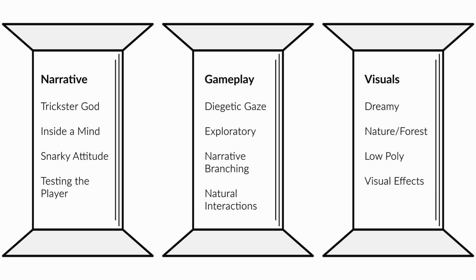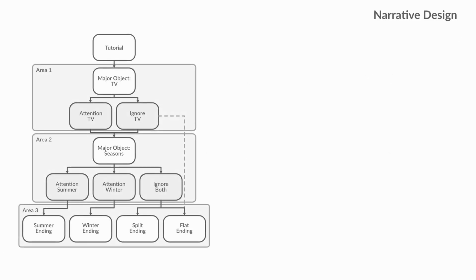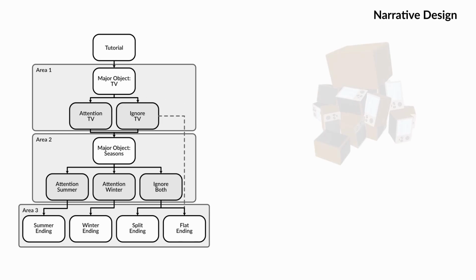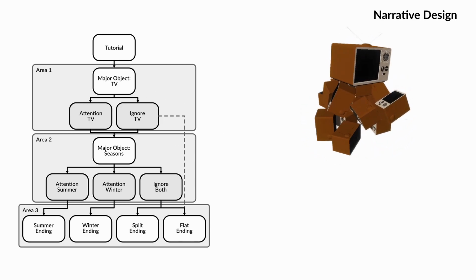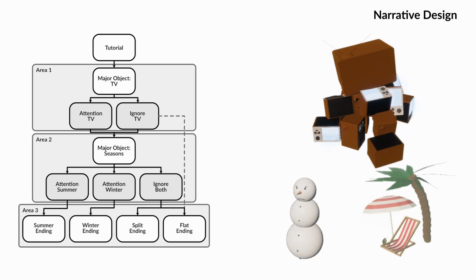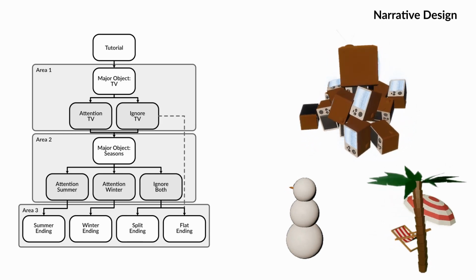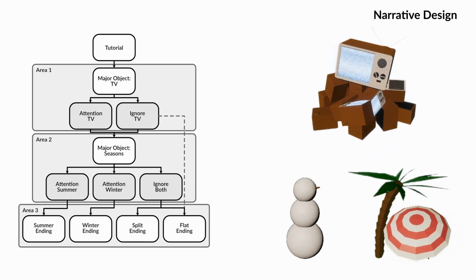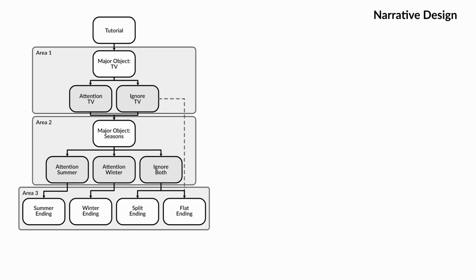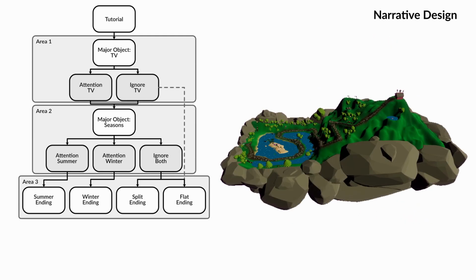For the narrative structure, we decided on having some specific highlighted object interactions decide the course of the story for the player. We ended up calling these objects the major objects, which we implemented 2 sets of. The first object was a bundle of stacked TVs, and the second object was a set of 2 objects with each their own outcome, a snowman and a sunbed and parasol. Given the different combinations of paying attention to or ignoring the different major objects, the narrative and environment would branch